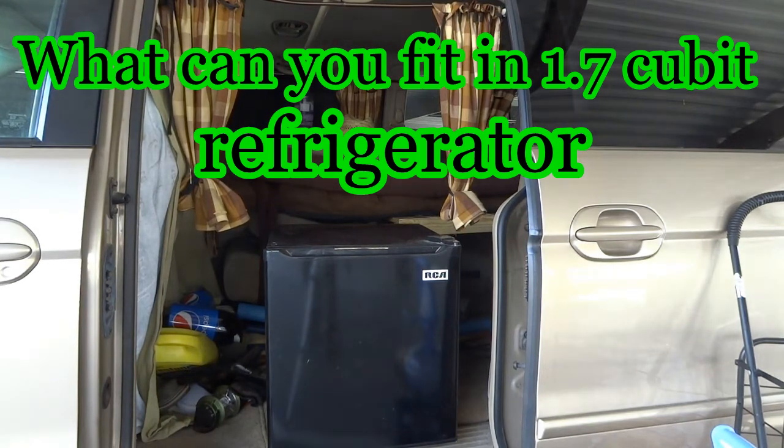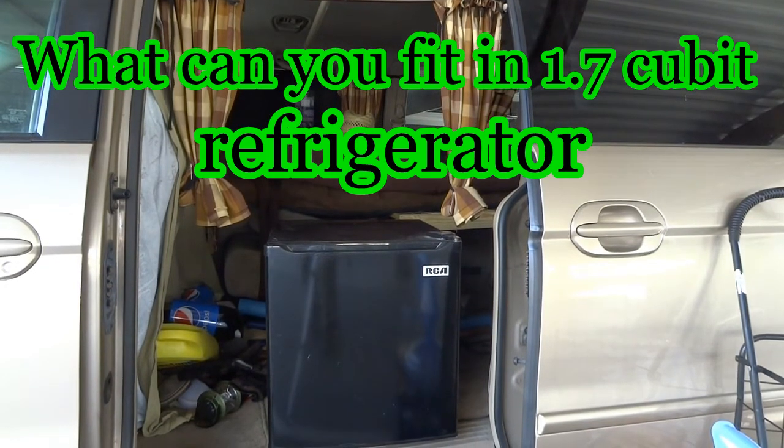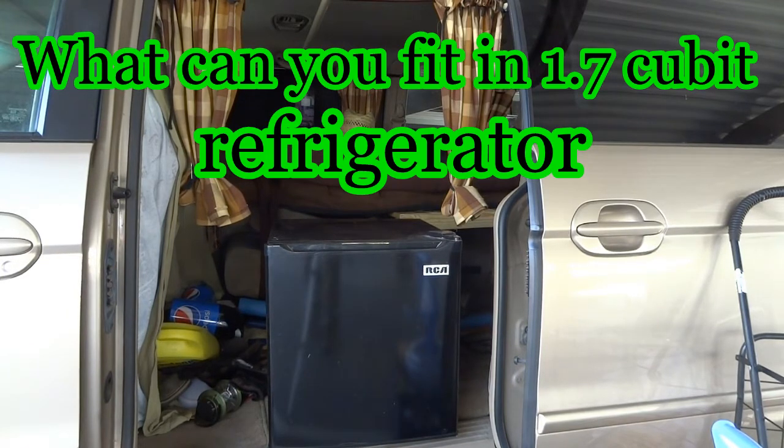Hey everybody, I'm making a video about how much you can fit in a 1.7 cubic refrigerator. I bought this refrigerator for $80 and I wanted to show how cheaply you could put a refrigerator in your van. Now I know that there are Dometics and ARBs out there. Those cost a lot of money, and probably later on down the road I'm going to buy one of those. But first I wanted to show that you could do it inexpensively,